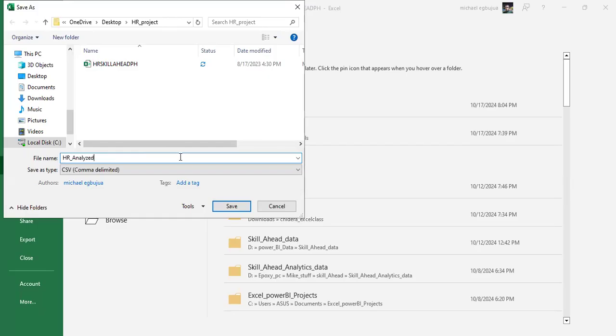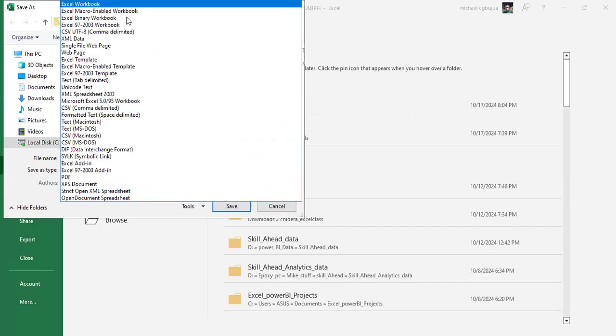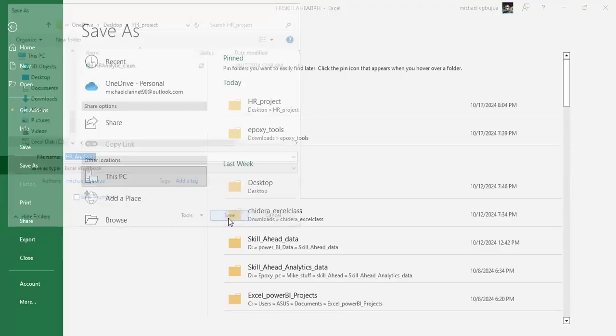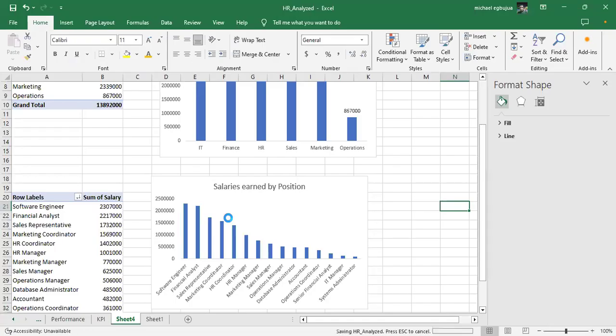Although we are not done, so that we'll continue from here. Then I'll change it to Excel workbook and I'll save. And you will observe that we'll have two versions of that. So this is where I'll stop for today and tomorrow. I don't want you to forget, that's why I want us to hold